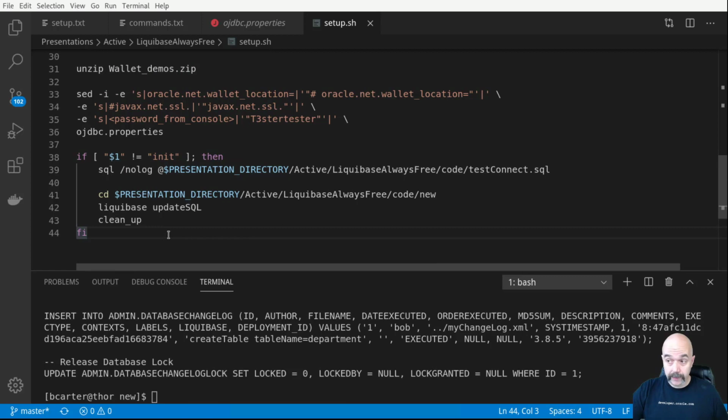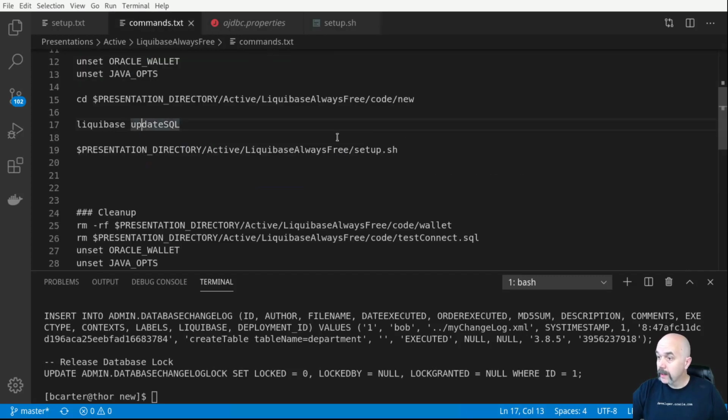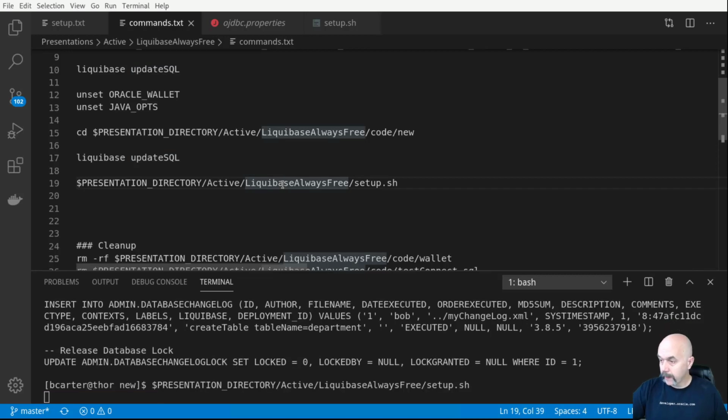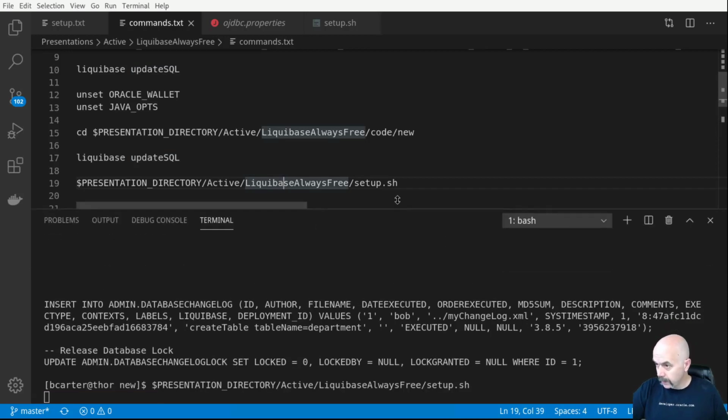And then I will run that when I initialize this presentation. Otherwise, if I want to run it for this part, when I do that, I'll pass in an init. If I don't pass in an init, then it will run that SQL file and do the Liquibase update and then delete everything. So let's run that. Let's see, here we are. So I'm going to run that, and you can see down here in the output